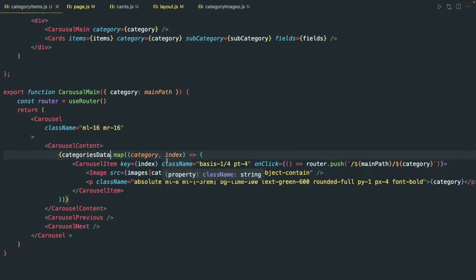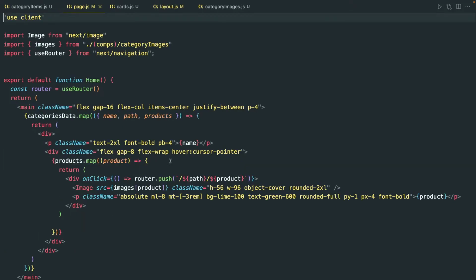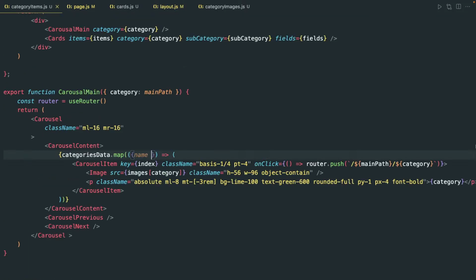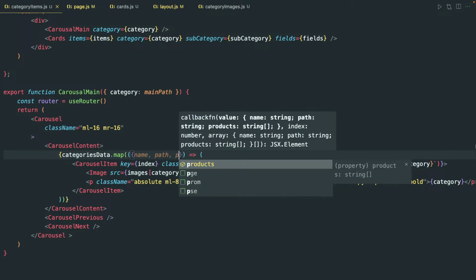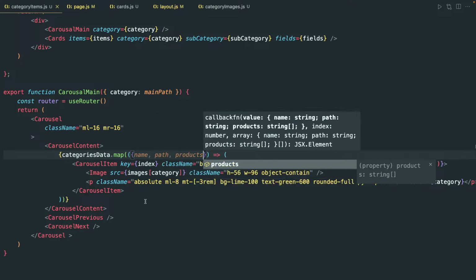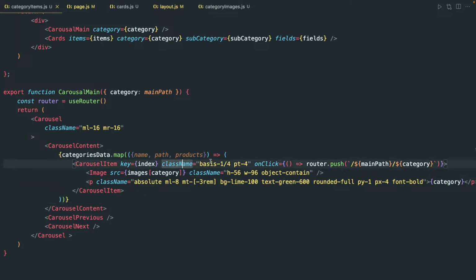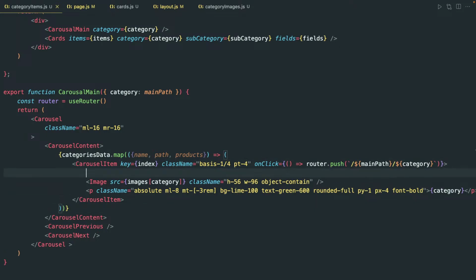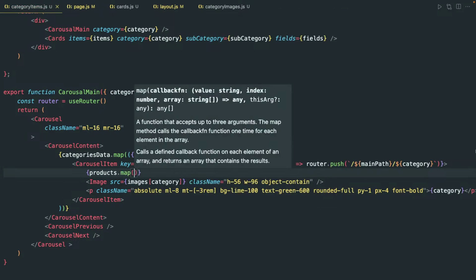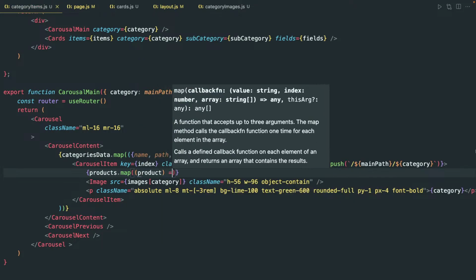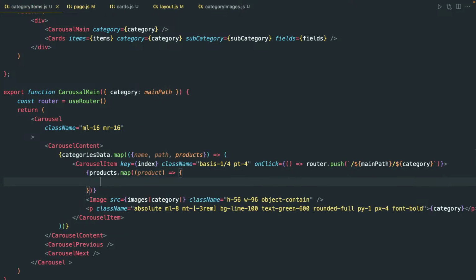the first should be actually, and the name, path, and the products. The thing is, I want to even map further the products, dot map product, and it should return